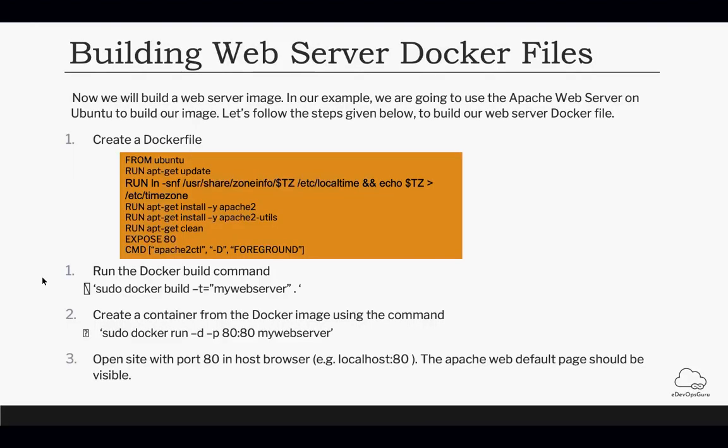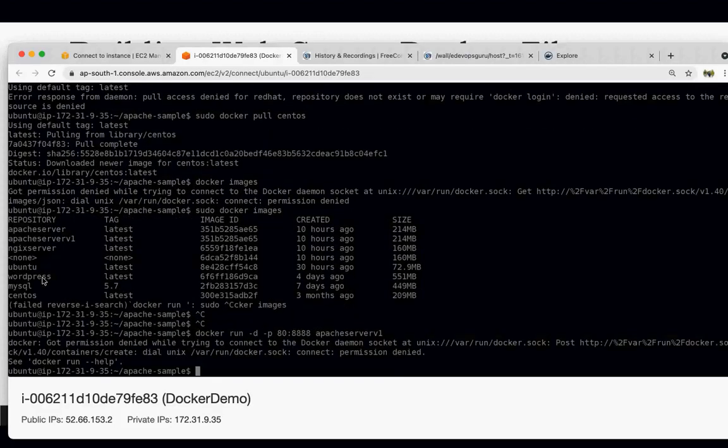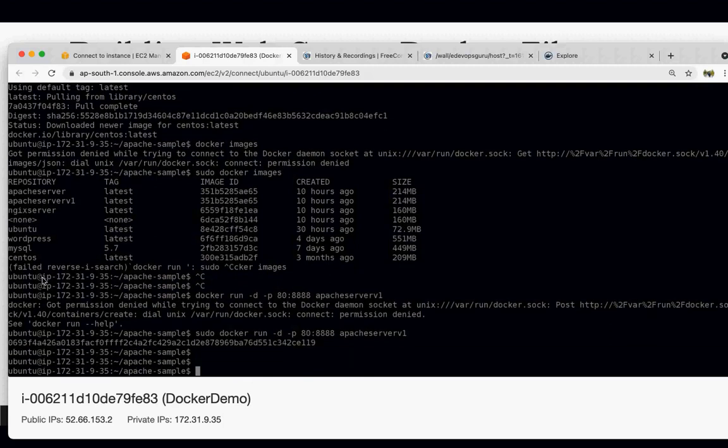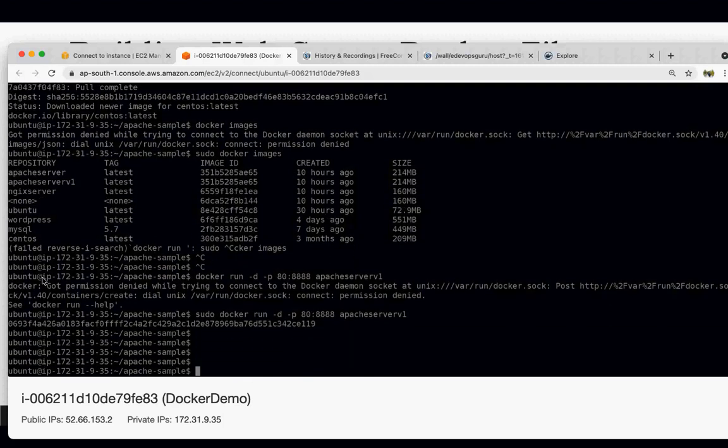That's all you have to give, and sudo. Now you can see the Docker container has been spun up, and this number is your Docker container ID.